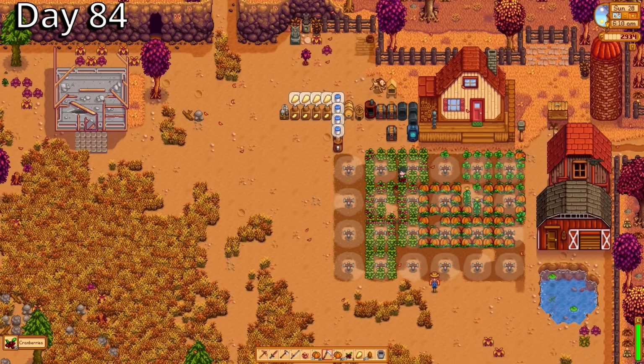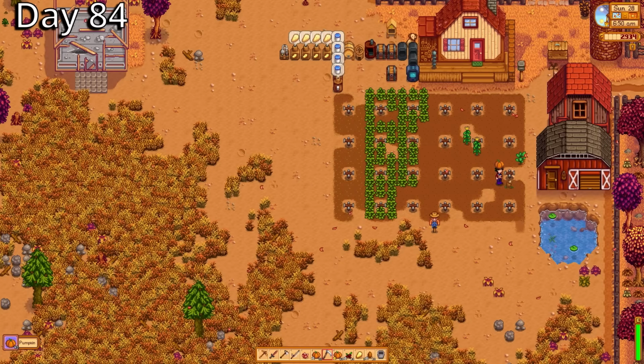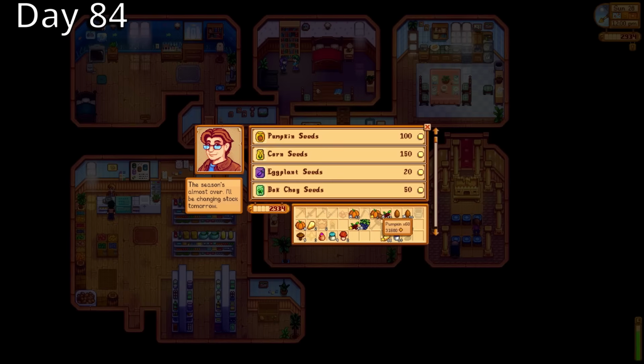Second harvest on the last day of the month, giving me approximately 3,000 pumpkins and 2,000 cranberries to sell. Before selling my items, I finish off the fall crop bundle, and then it's time to sell. Whoa, 32,000 just from this stack. Oh my gosh. That's right, the pumpkin empire has paid off pretty well this season, giving me quite a bit of extra spending money,